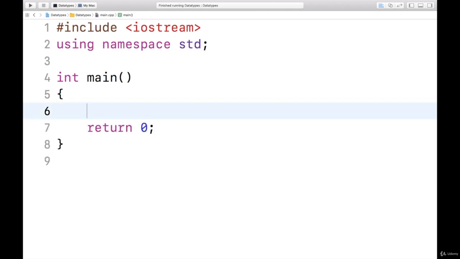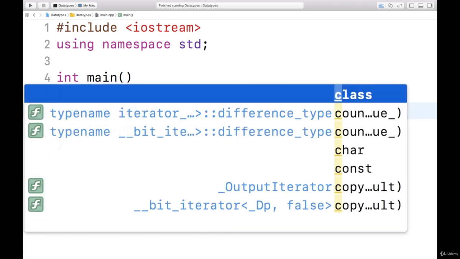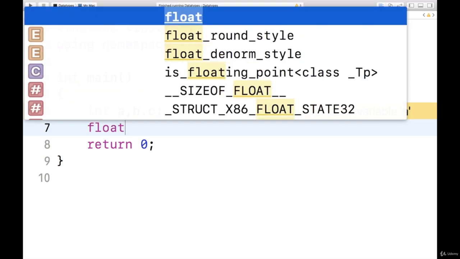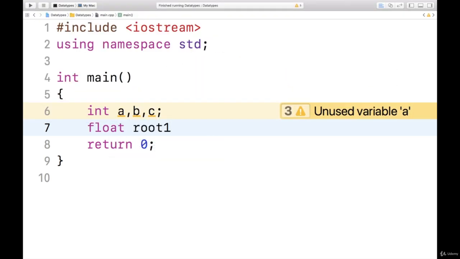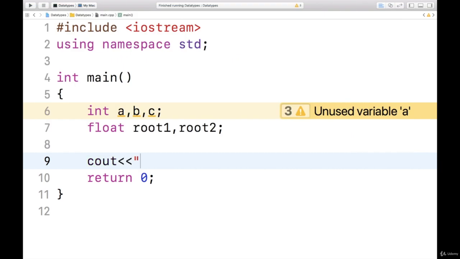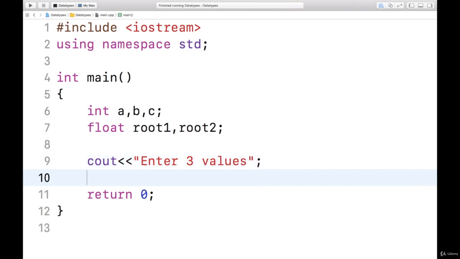Let us write a program for finding the roots of a quadratic equation. So I will take coefficients, that is a, b and c. I am taking these as integer and float type of roots, that is root1 and root2. Now let us take input, enter 3 values, that is coefficients. Then cin, read a,